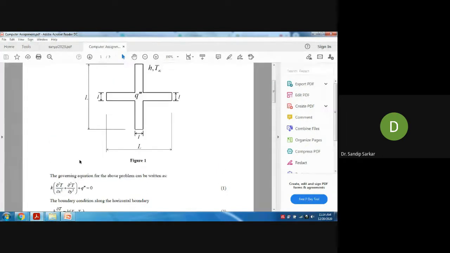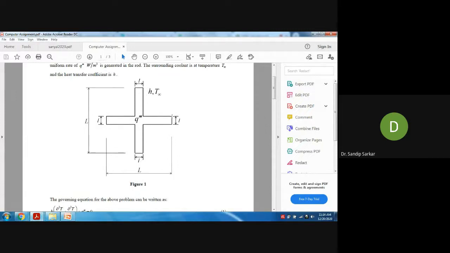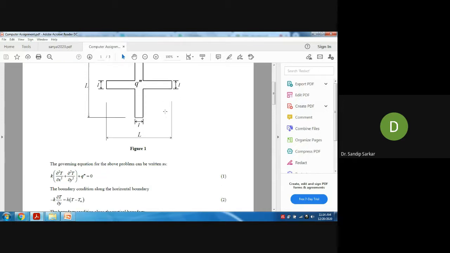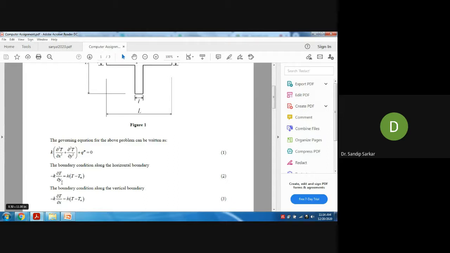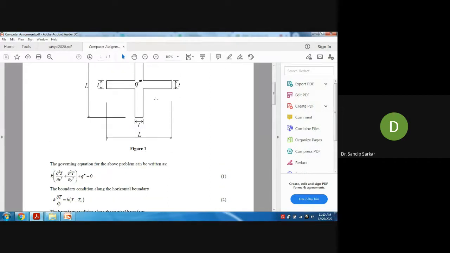So now, if this is a partial differential equation, what is the boundary condition? What is the boundary condition along x? So if this is the x direction, this is the y direction. Along any horizontal plane, whether this plane or this plane, what will be the boundary condition? Minus k del T del y equal to h (T minus T infinity), right? That is, conduction and convection are balanced. There is heat transfer from the rod to the atmosphere or to the coolant, where temperature is T infinity.